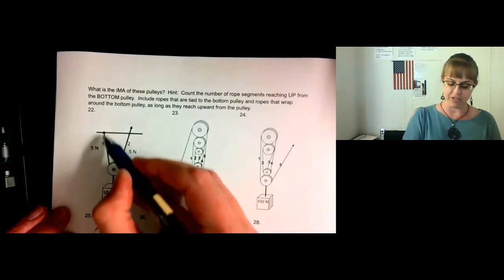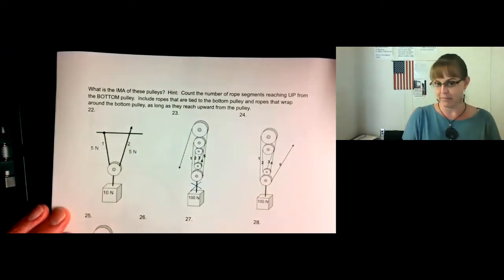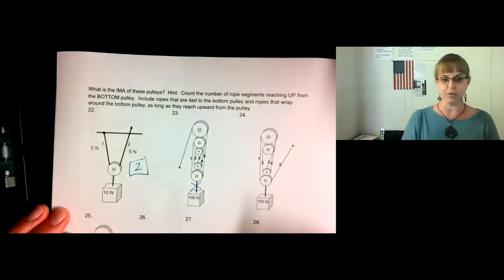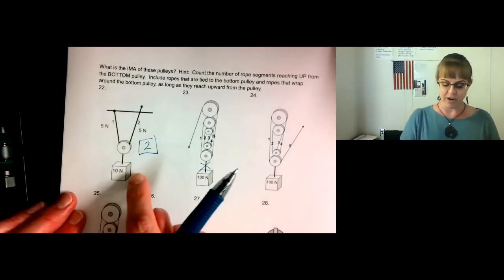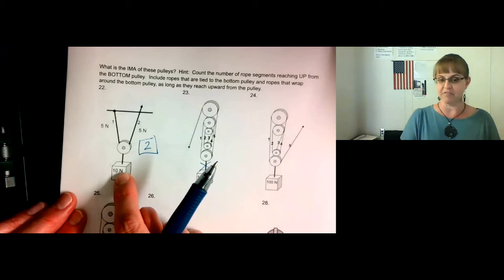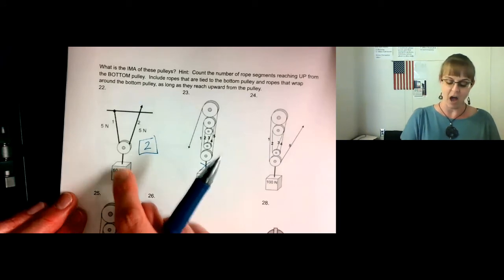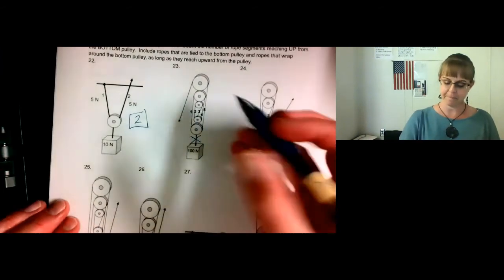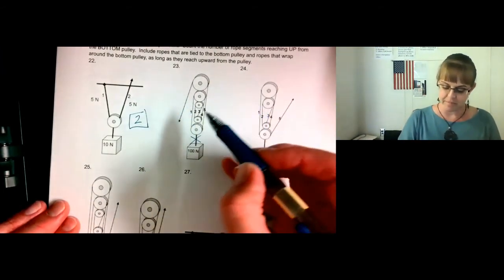So here we count the 2 ropes reaching up, the 2 rope segments, and that gives you a mechanical advantage of 2. You can see from the diagram that the 10 newtons of force that this weight has are split between the 2 ropes. In this diagram,